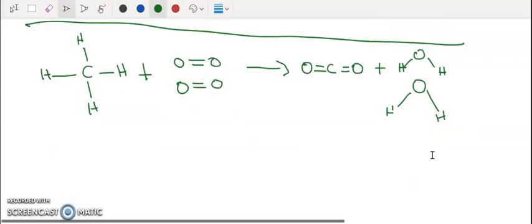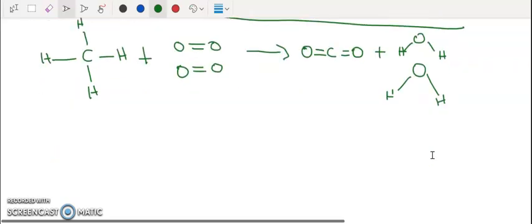So this is another way of representing it, and the reason why we are doing this is because in the data table you can see that they've given C single bond H, O double bond O. It's not given as the equations themselves, so by splitting this up you will be able to find this out easier. So now let's go on to the maths. We are going to calculate the energy required to break all of the bonds. So we're going to consider